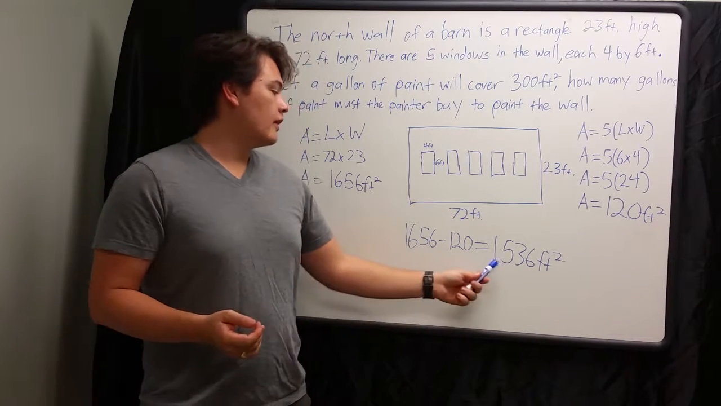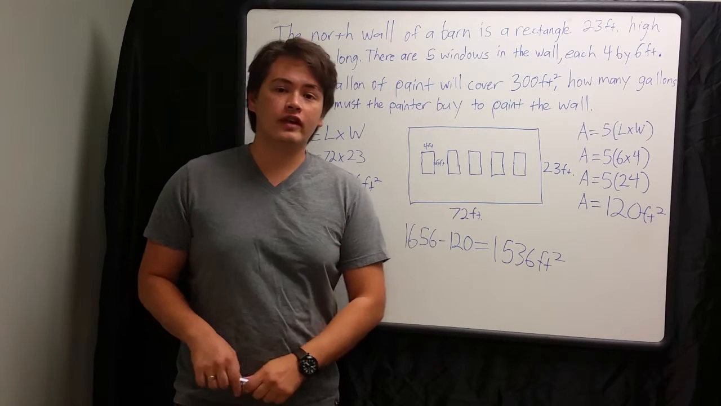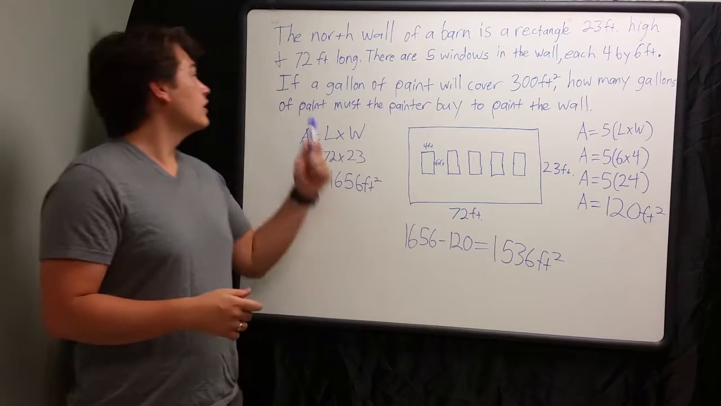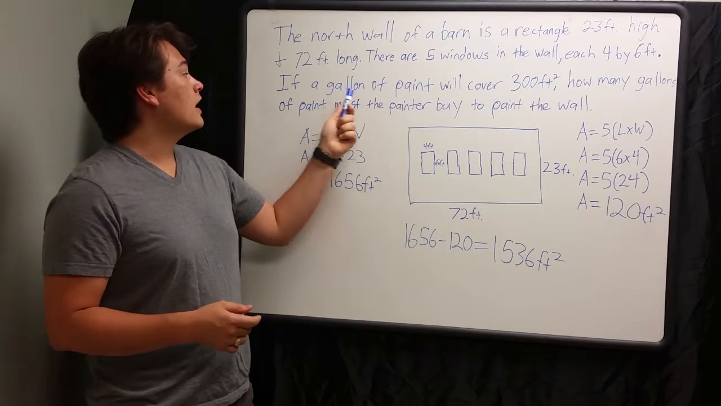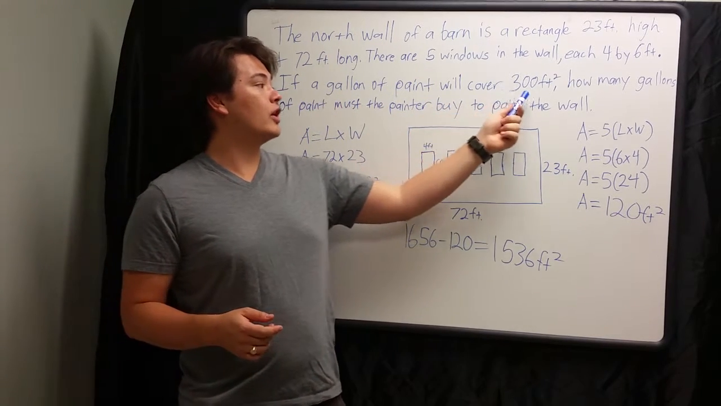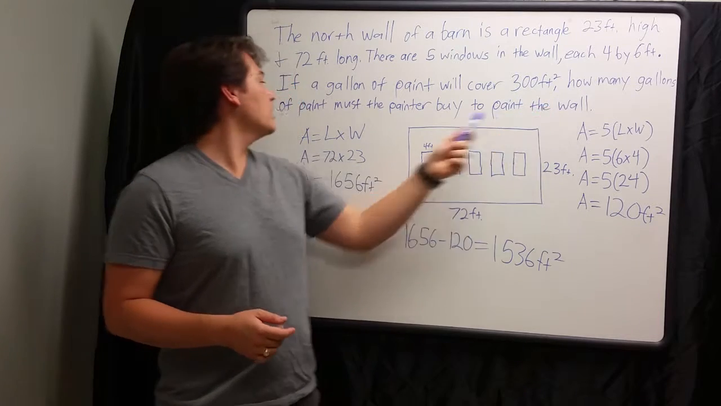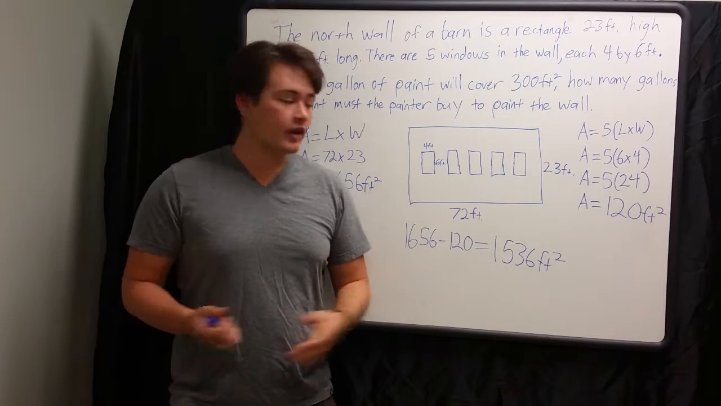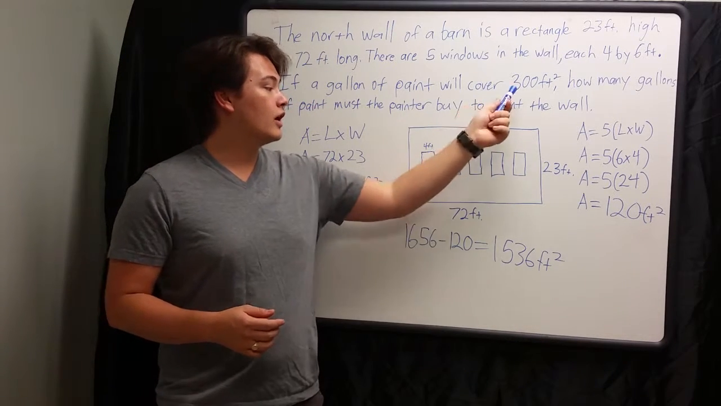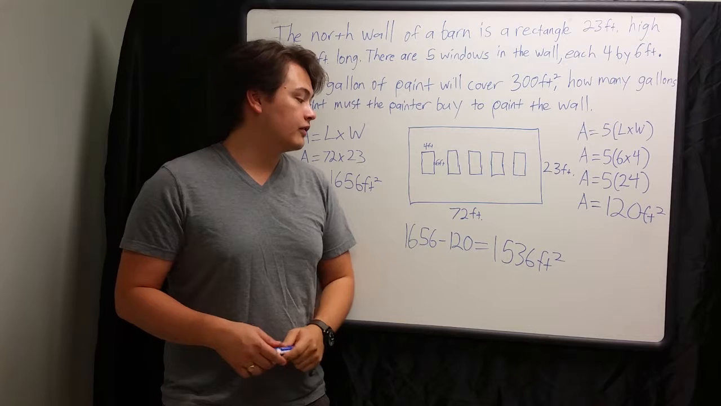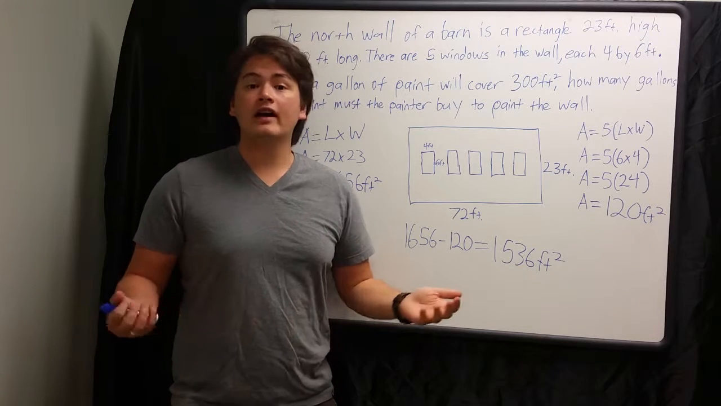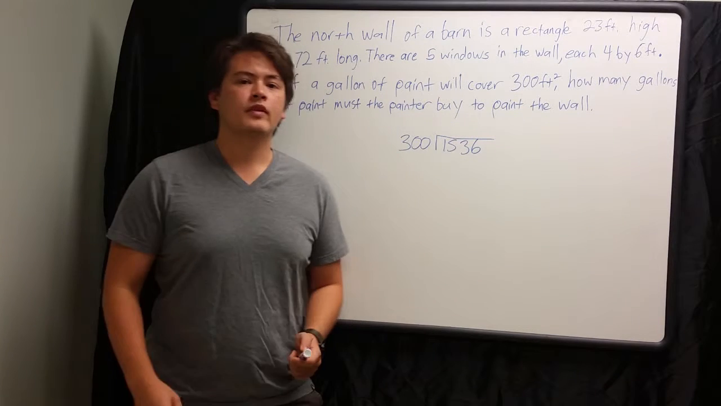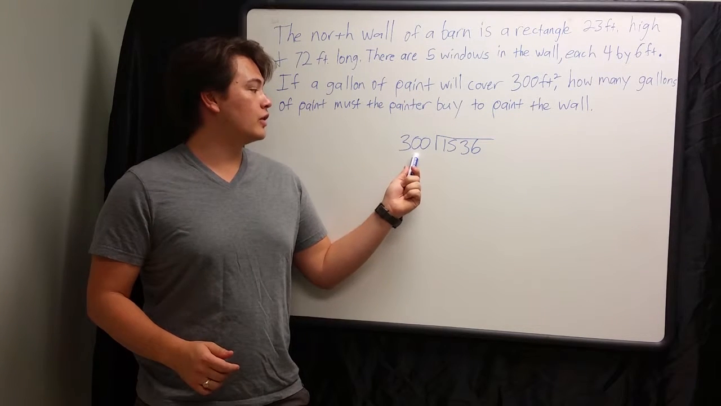So now that we know that 1,536 is the amount of area that we need to paint, let's look at the last part of the problem. If a gallon of paint will cover 300 feet squared, how many gallons of paint must the painter buy to paint the wall? So in this case, we're going to divide 300 feet into 1,536 to find how much we need to paint the wall. So now we're dividing 300 into